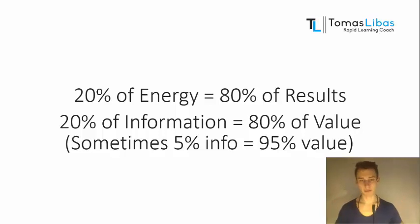Say Richard Branson reading a business book. Probably there's going to be something new, hopefully, and if it's a good book you're going to ponder upon it and think, interesting. But a lot of it is also just going to be something that you already know, something that's old stuff for you, something that's either not very interesting or not very applicable, not very useful, or just something you don't resonate with or something you already know. So that's going to be most of the nonfiction books, especially when you start speed reading. You're going to notice that, wow, I know most of the stuff more or less, or it's not really relevant, most of the stuff. Once you allow this freedom to yourself to focus on what's really relevant without the FOMO,